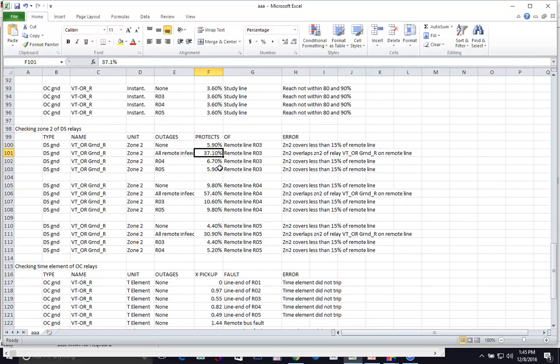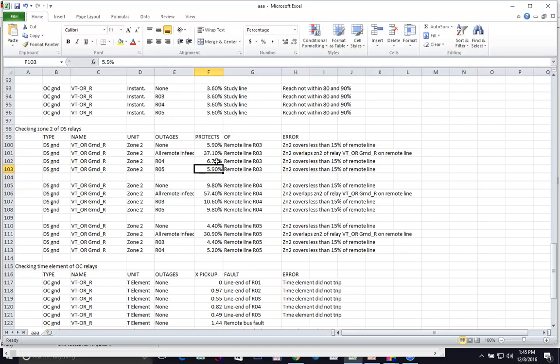And then when I remove these other in-feeds one at a time, you can see that it varies the coverage of the zone 2 line. It would usually be a number between the first one and the second one, the one with no outage and the one with all the other things outaged.